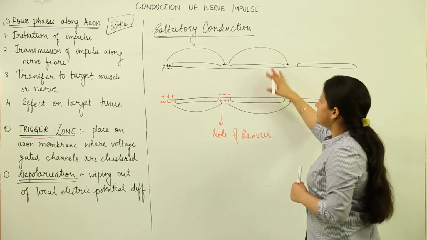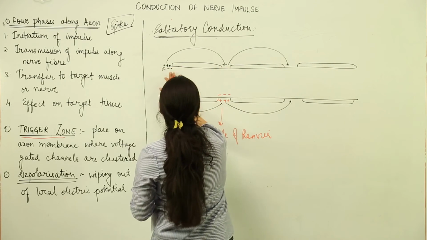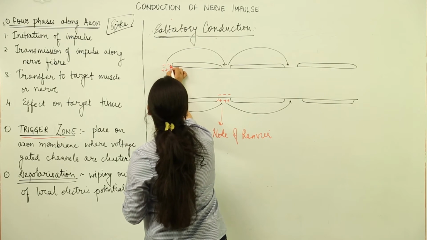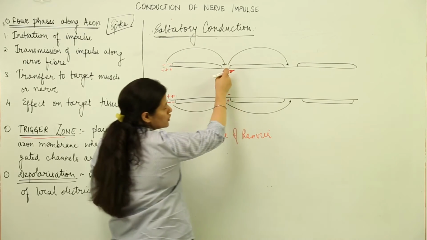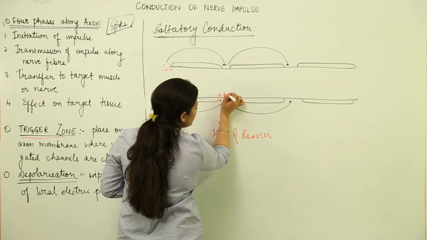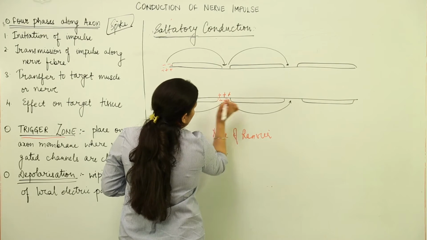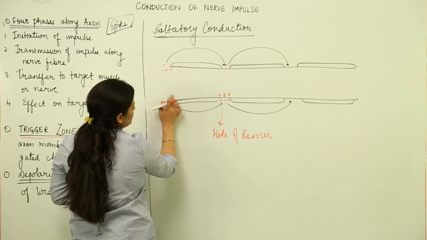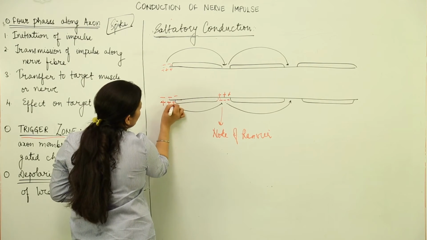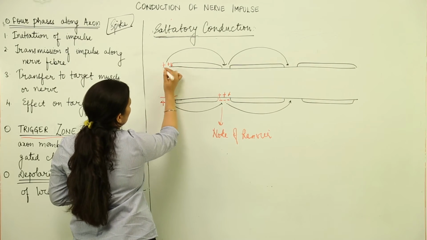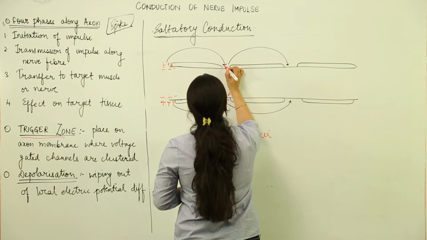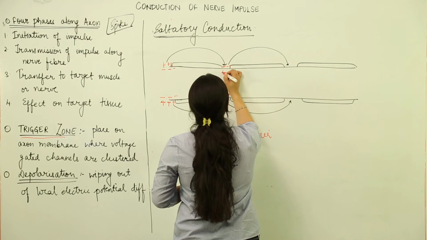Then the next point, same would be here, this part would get depolarized. A small part would be depolarized, and the repolarization takes place. In the meantime, it moves over here. It moves to the next site, that is at the resting potential. As we can see, it would change, it would again become depolarized. This would change back to its initial condition, and hence the impulse would be transmitted along the neuron. And now the transmission needs quite lesser space as compared to what was needed earlier.